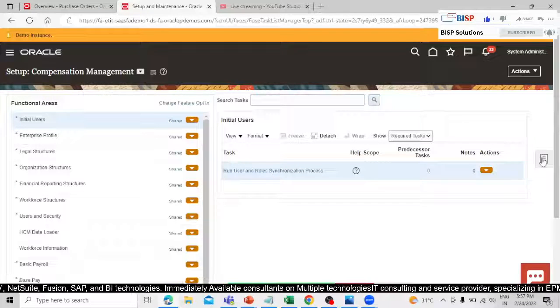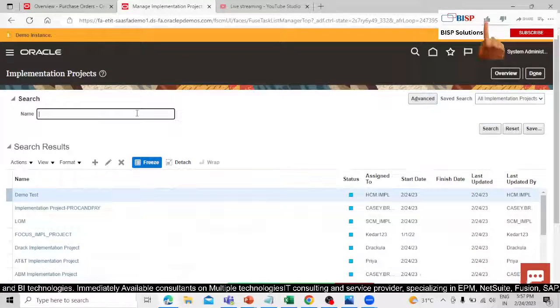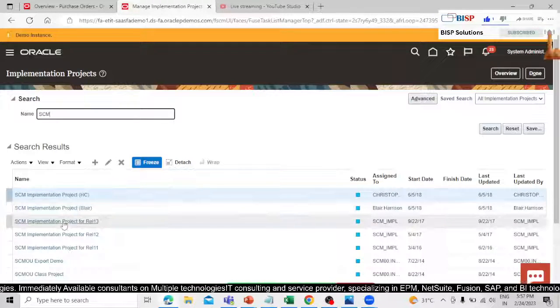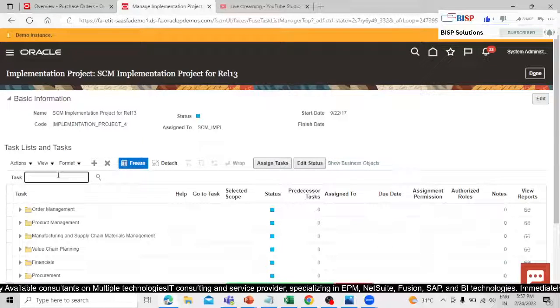So again, go with the manage implementation project. This is SCM, implementation project 13. Search for our manage